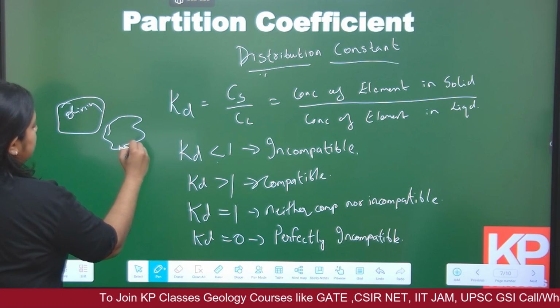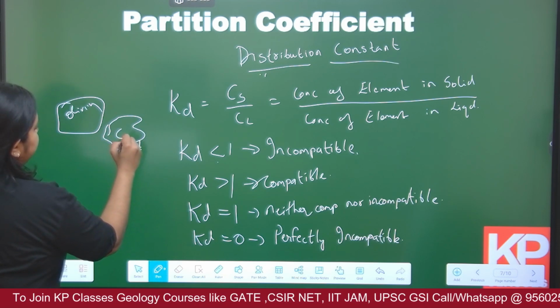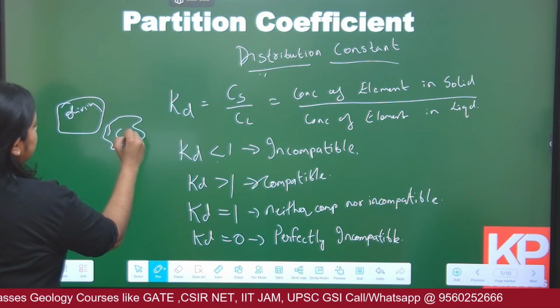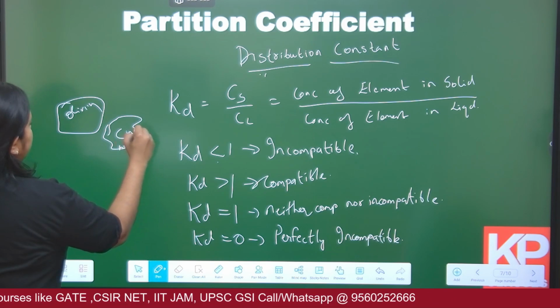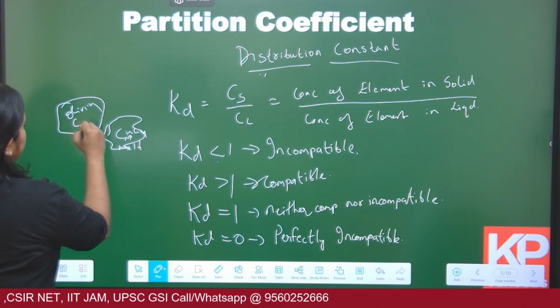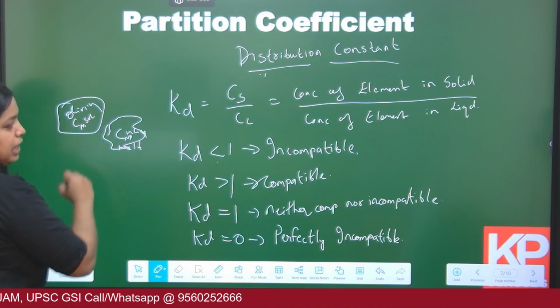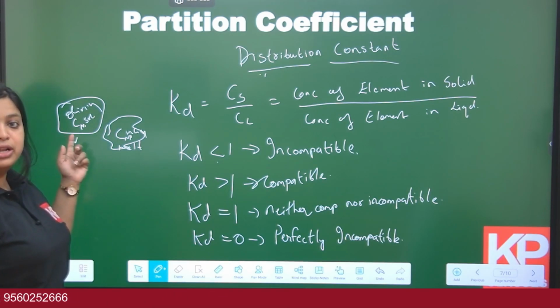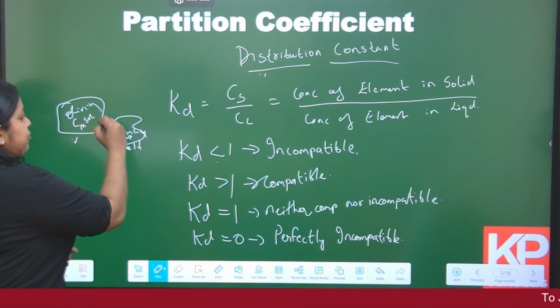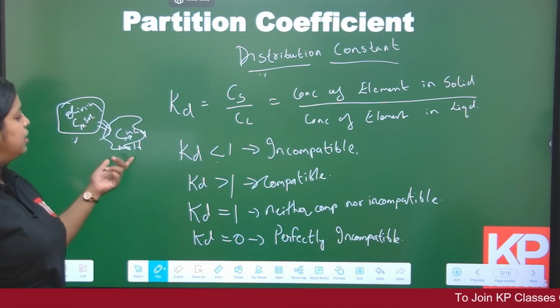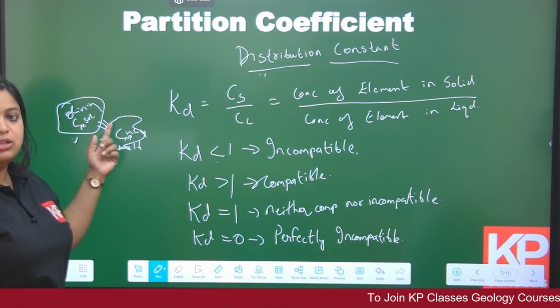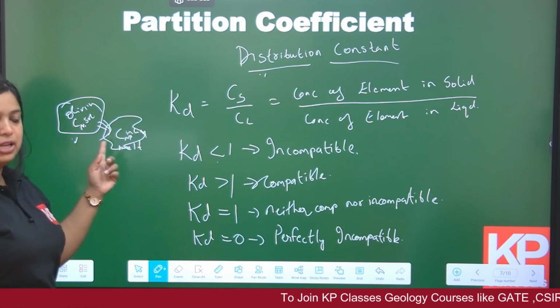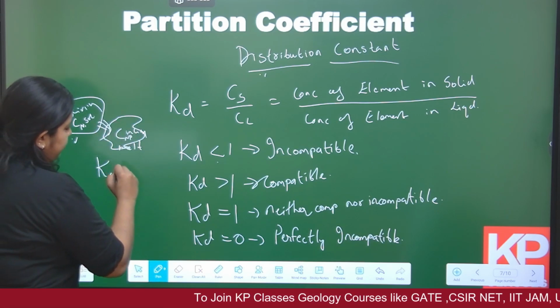This is the melt. Now the concentration of nickel in the liquid, and the concentration of nickel in the solid. I calculate the concentration of nickel in the olivine mineral, and the amount of nickel present in the melt when it got molten. So if I calculate the Kd value of nickel,